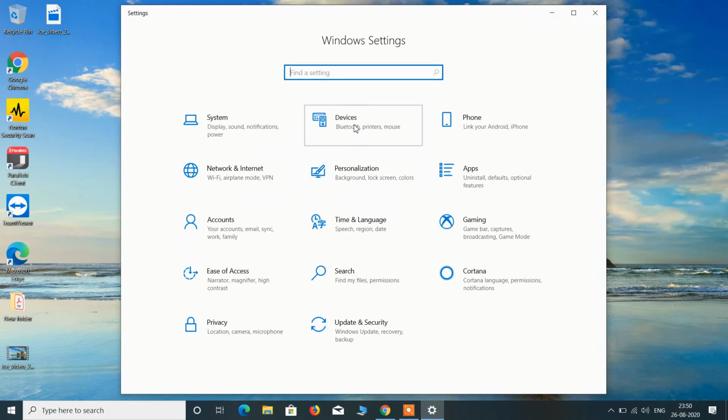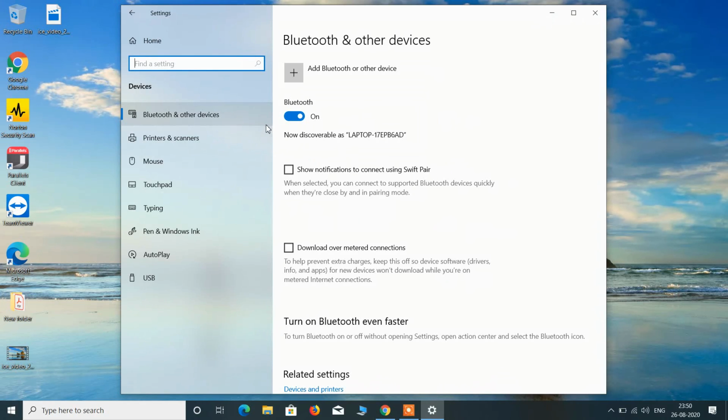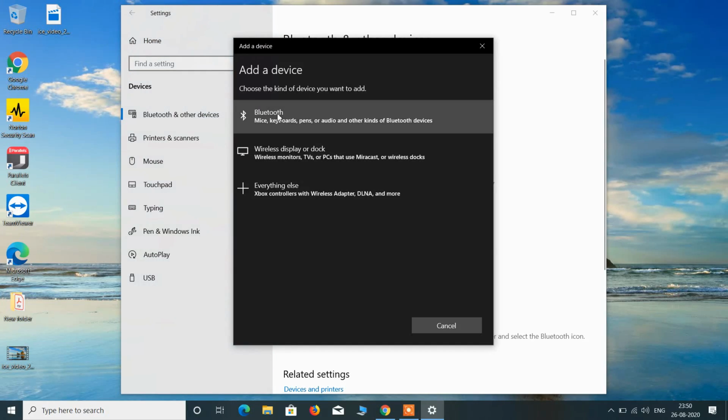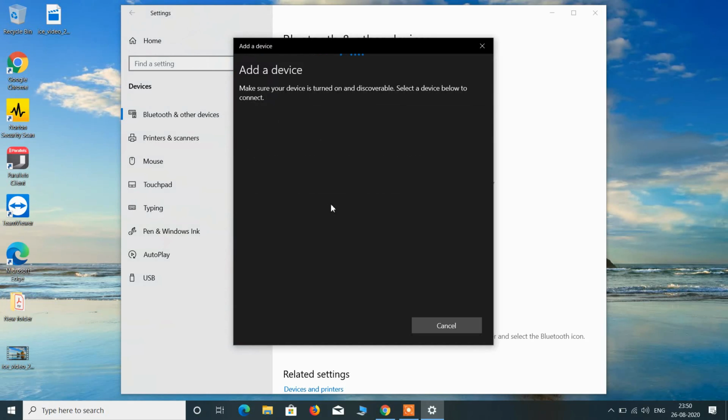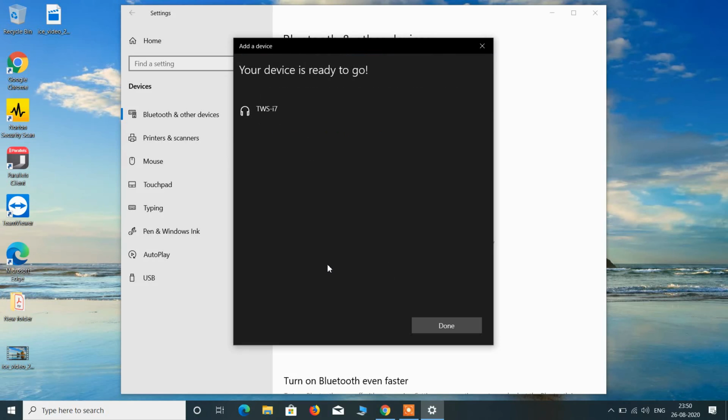Now click on the devices option and now just turn on the Bluetooth so that the laptop can be discoverable. After this, just click on the add Bluetooth or other device option and click on the first option, Bluetooth. So this is the external microphone that I have connected. Just click on it. So the device is now ready to use. Just click on the done button